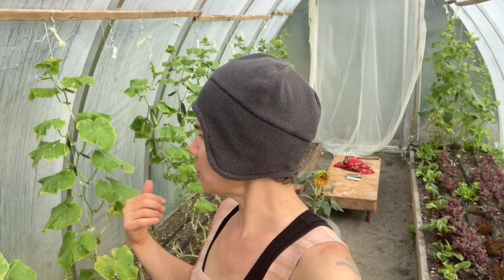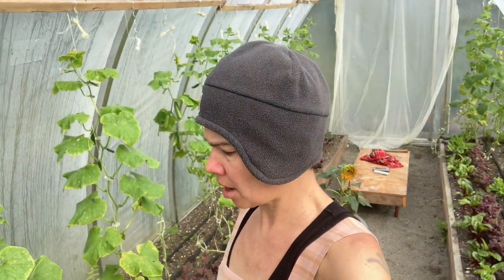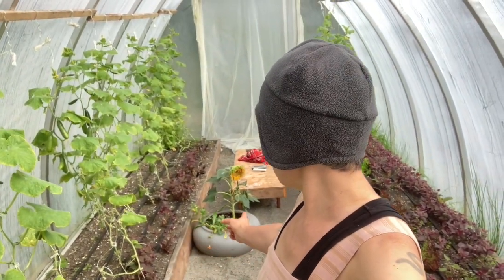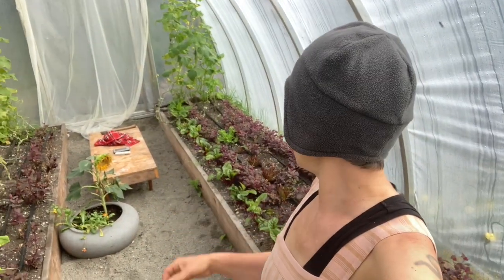Oh, it's actually warm in here. A little bit of sun. So this is the cucumber greenhouse. A week or so ago, whatever, I'm losing track, I dropped the vines and they're still producing slowly, but they're still producing some. And my poor little sunflower and calendula plants are kind of done. And then back over here, I have